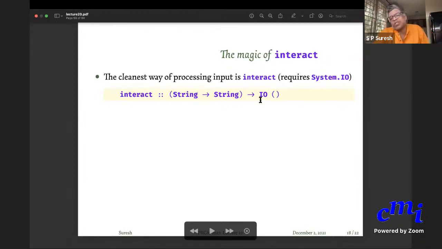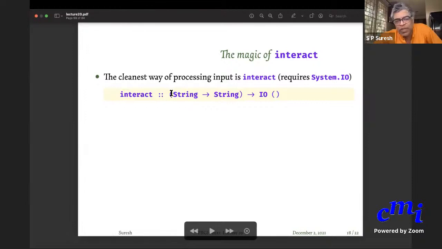You don't need to necessarily use interact in whatever exercises I give you. I'm just telling you that there are all these means. Forever is something that it is good to know. Otherwise, you always know how to do loops inside input output programs by using recursion. After that, there is something called interact, which is a very useful thing.